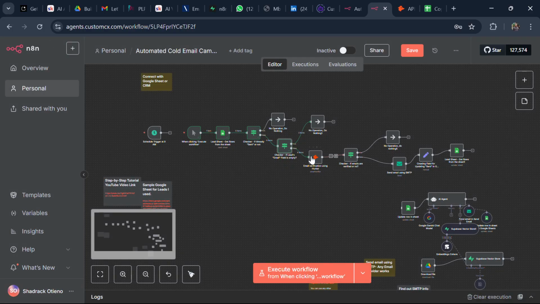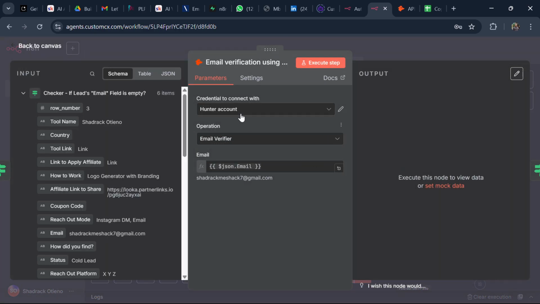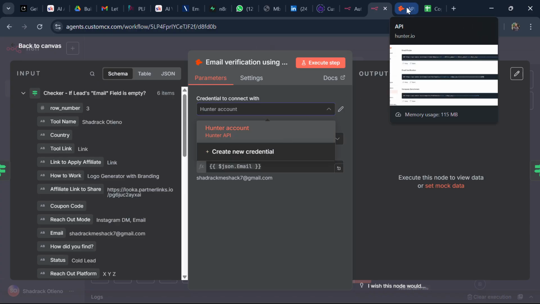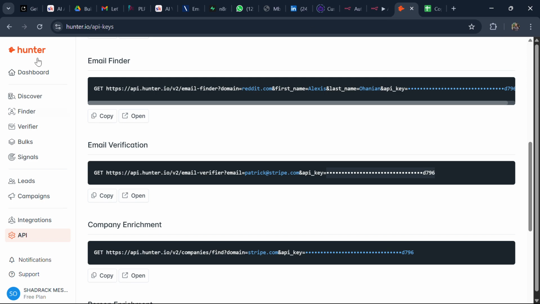After the false ones, we come now to Hunter. With Hunter, you need to create your credential account. You need to create a new credential here. You just need to add your API keys. I'll also leave the link to the Hunter dashboard. You'll come to Hunter and then come to API keys, and then after creating your API key, just grab the